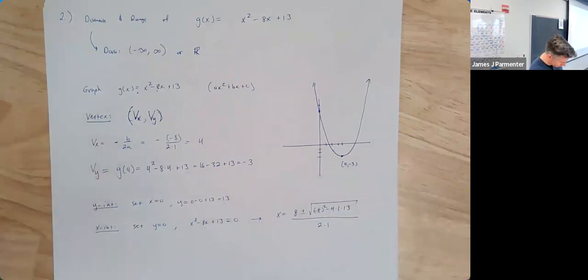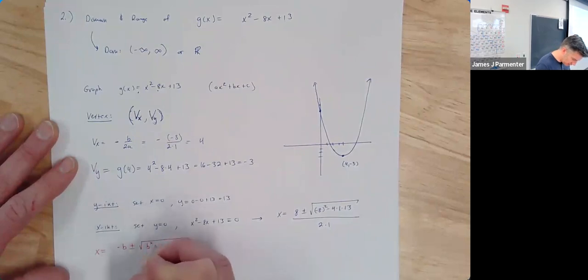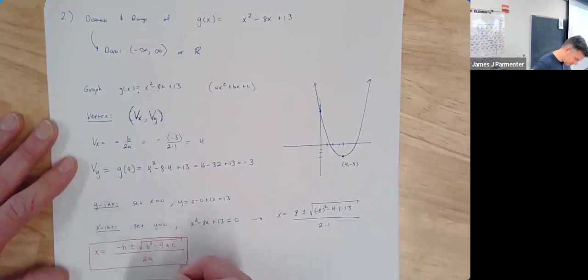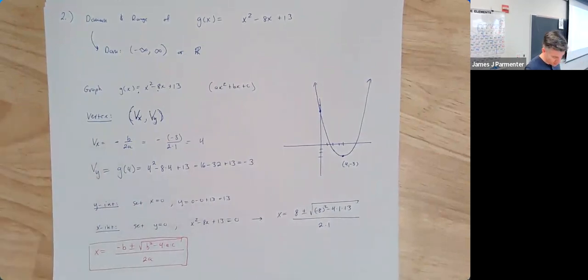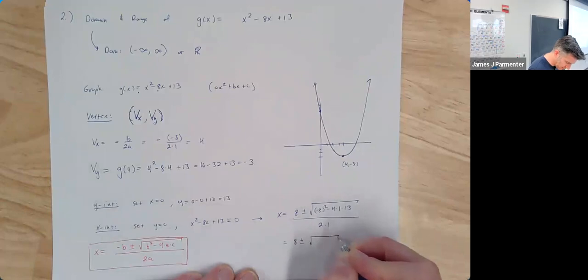In case you don't remember the quadratic formula, this is a reminder: the general solution is x equal to negative b plus or minus the square root of b squared minus 4 times a times c, all over 2 times a. That is your quadratic formula. I don't really care what this is, but I do want to point out that it is a real number. If we simplify this just a little bit, we get 8 plus or minus the square root of